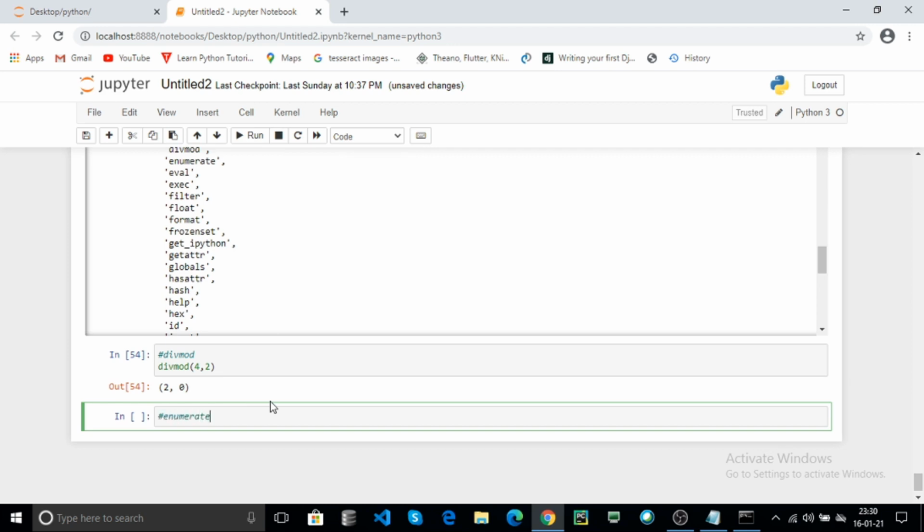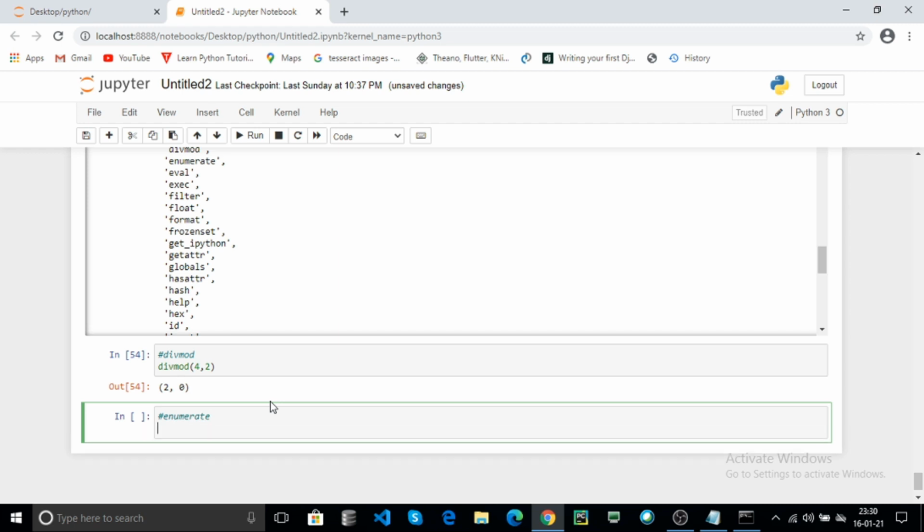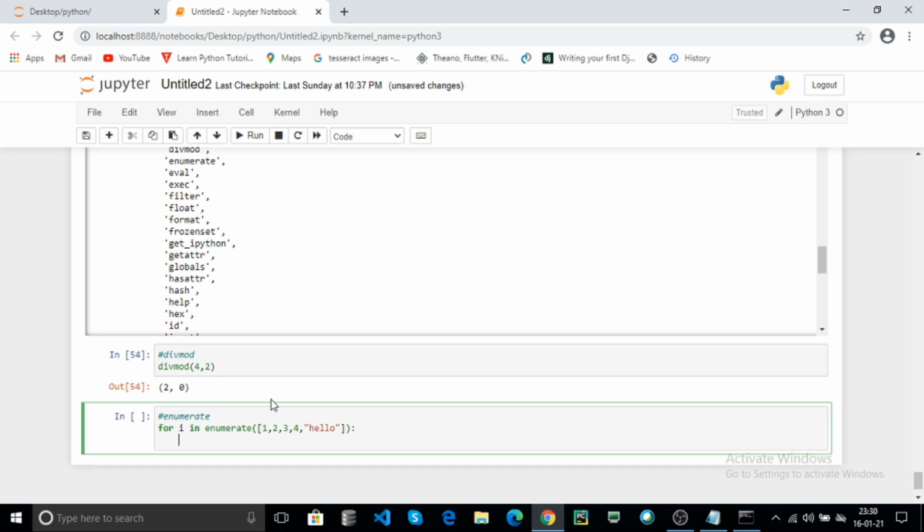And use the enumerate. The enumerate is used to enumerate your object. For example, it adds a count to your object. For example, for i in enumerate of, here you can pass one list. The enumerate adds a counter to your object items.